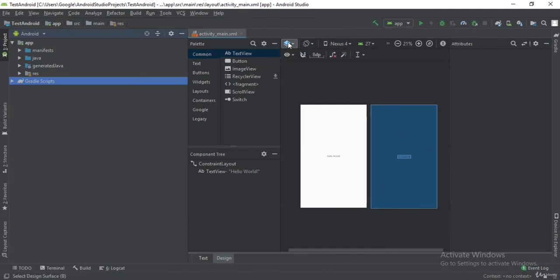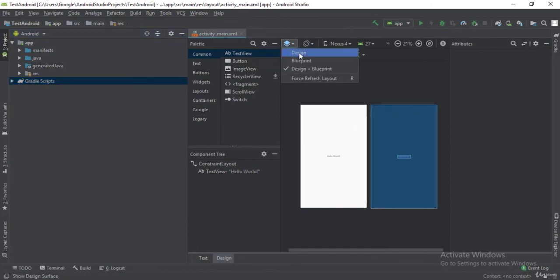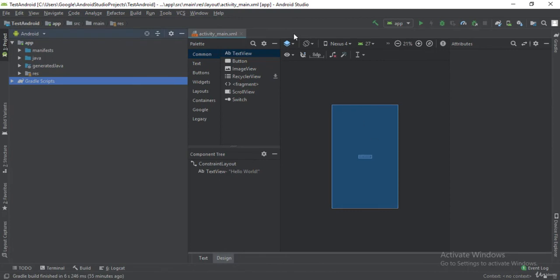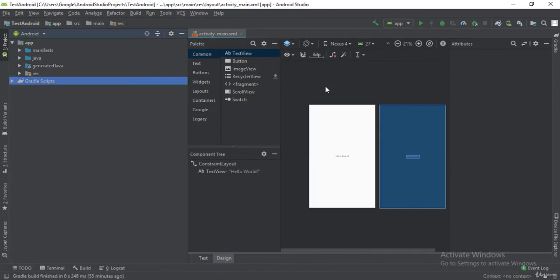For example, if you click here, it will ask you to show the design or the blueprint or both together. Essentially it's these two. This is the design. I'm gonna click on the design, so the blueprint will go. If you make it just the blueprint, as you can see, or both together, okay, now the white one is essentially the real screen, but the blue one is just a blueprint,